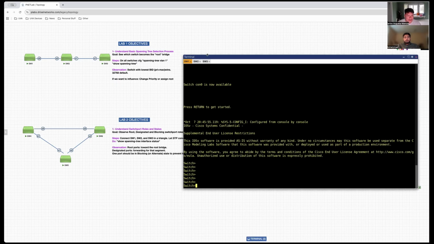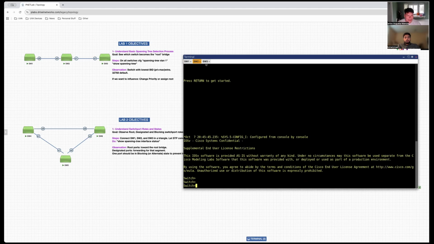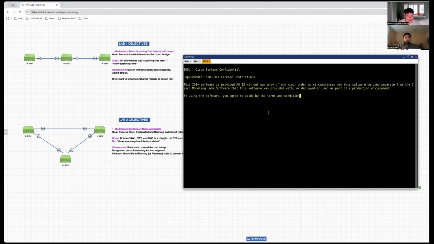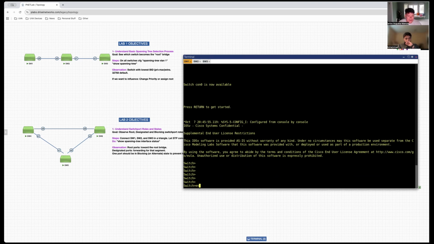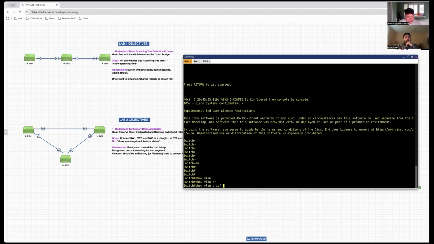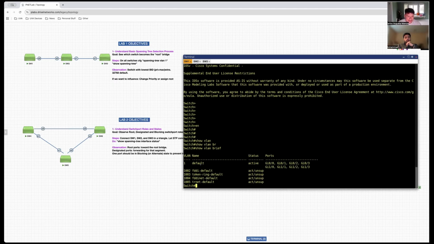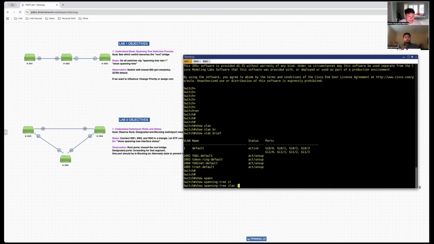Switch 2 and switch 3. Okay, so if I enable all of these and do show vlan brief, you'll see that the only active VLAN is the default. I have not configured anything, and the same applies for switch 1, switch 2, switch 3. So if I just do the show spanning-tree vlan 1 command,